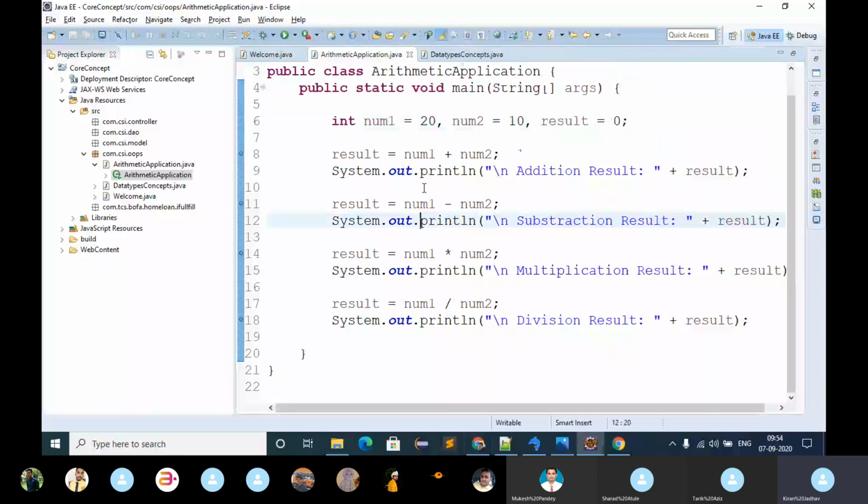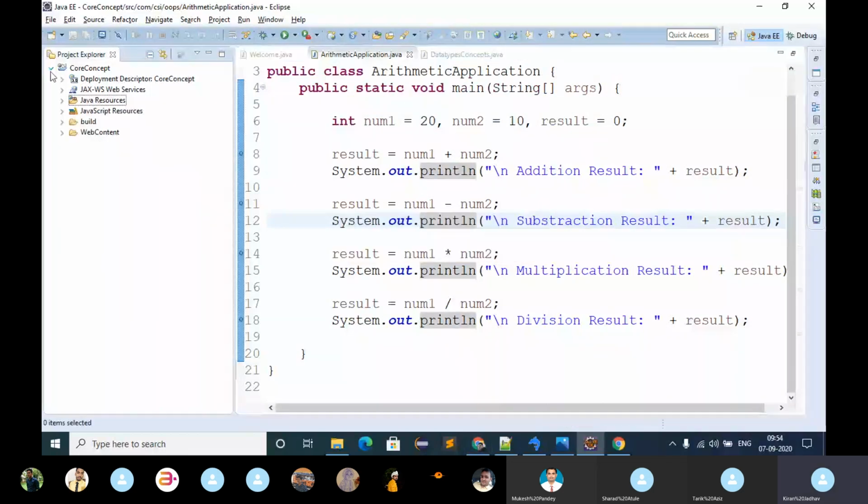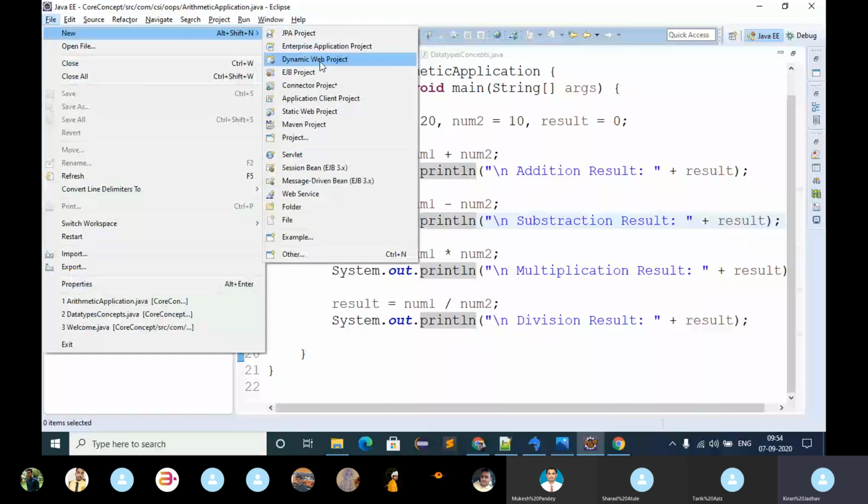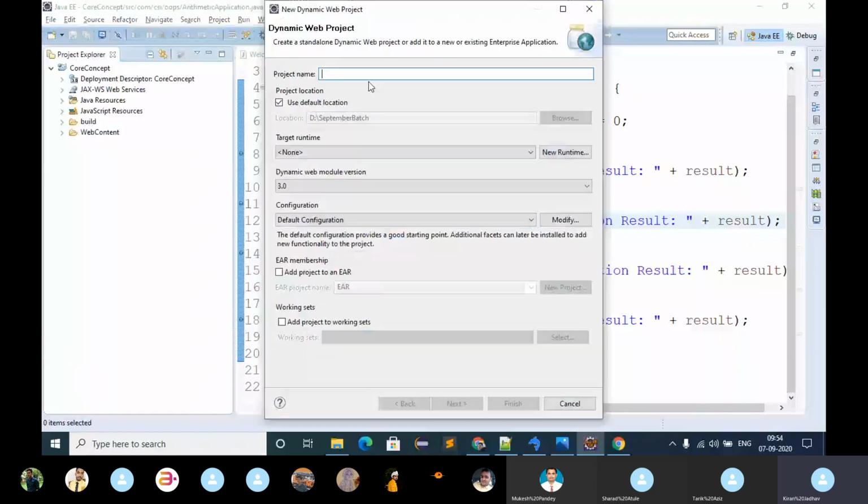Create here for our static concept. Then see here, I am again giving the session on how to create a project, how to create a package, how to create a class, because some students are new in today's session. Then go to File, New, Dynamic Web Project, and I am giving this project name as Core Java Concept. C is capital there, and then finish it.